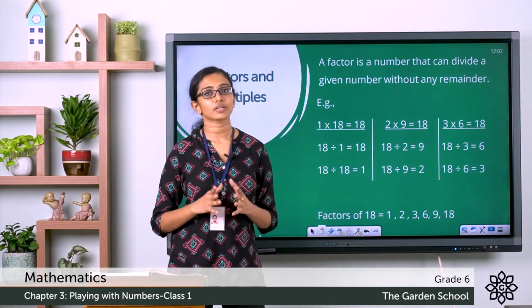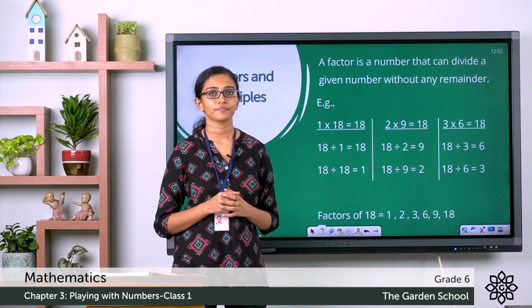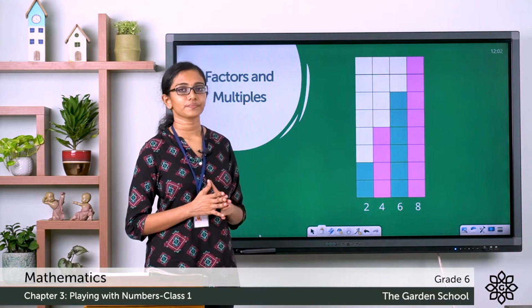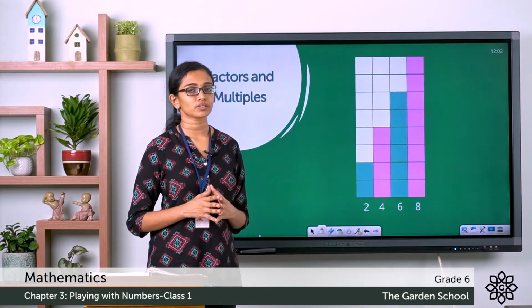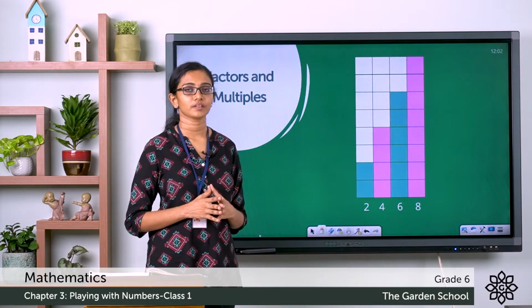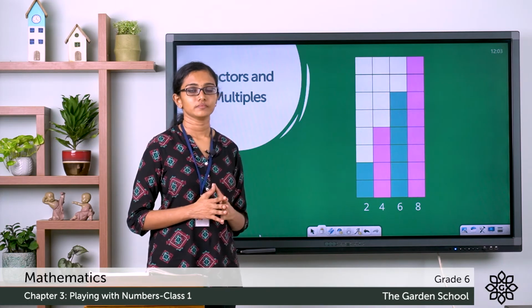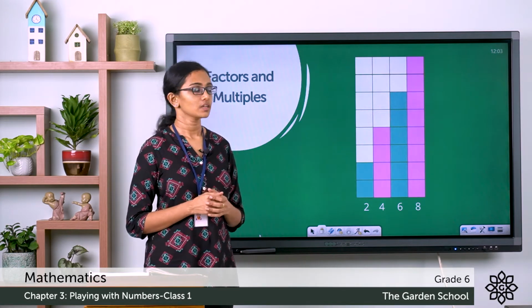Now let's have a look at this concept in a different way. You see this picture given here. This is a square grid. And I've got square boxes of unit measurement here. Imagine that these squares are of unit length. Let it be 1 centimeter.